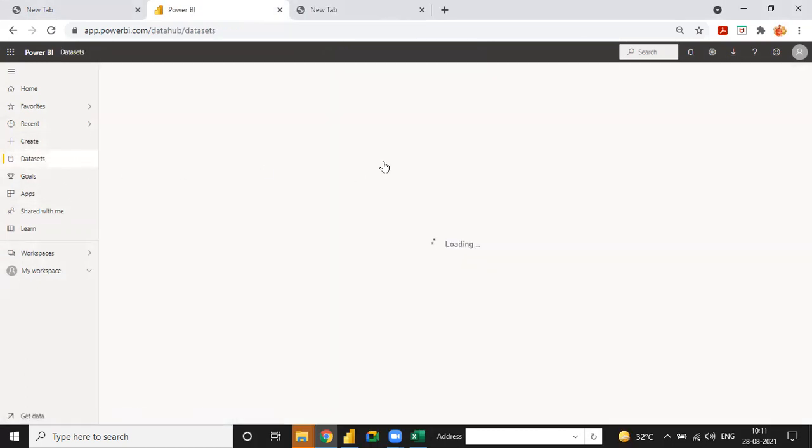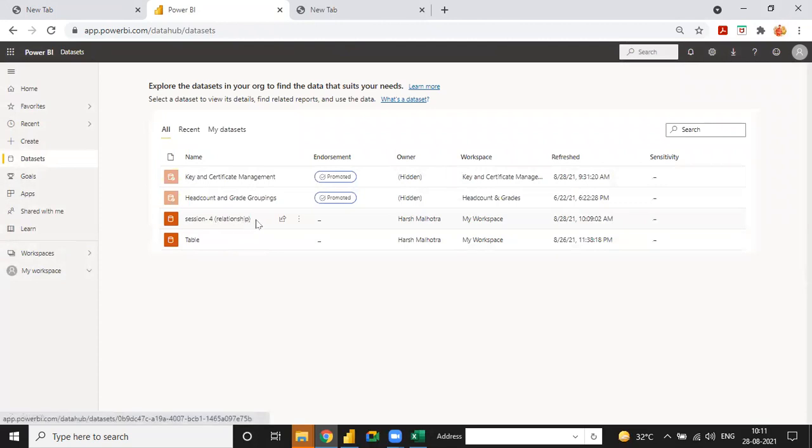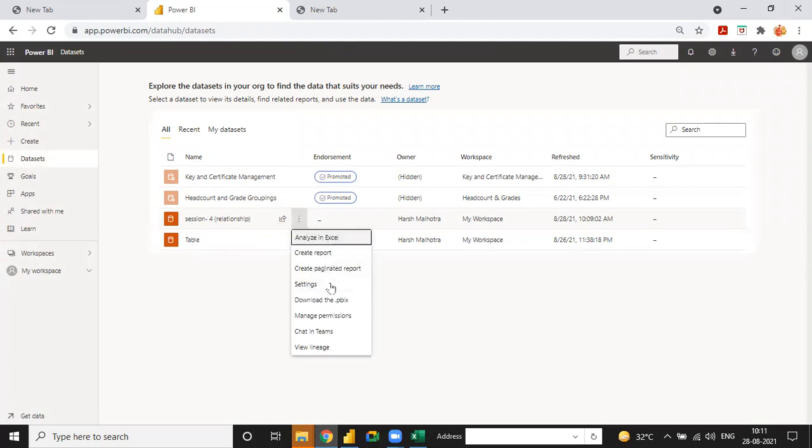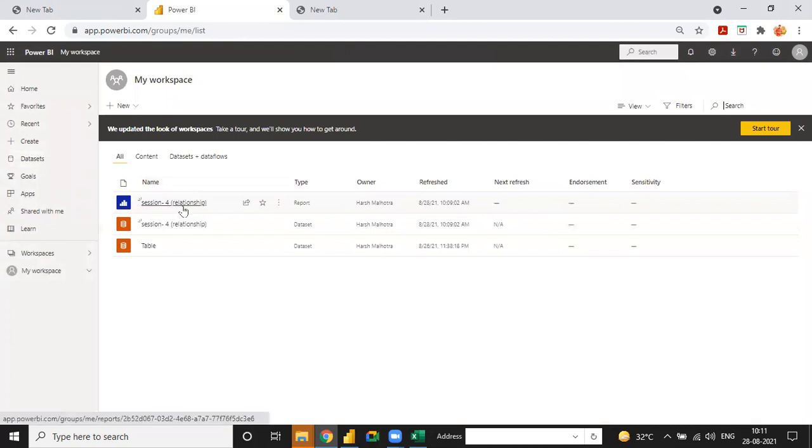Suppose we have a dataset, the relations for the dataset are here. We can directly share this dataset, analyze in Excel, download the PBIX file, and chat in Teams on the basis of this channel or this visualization.